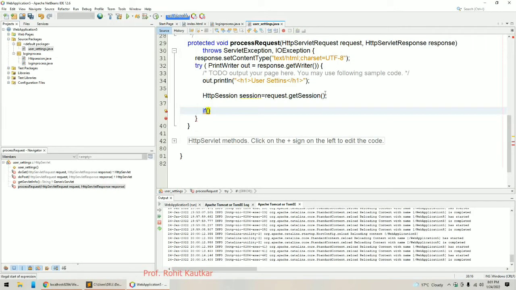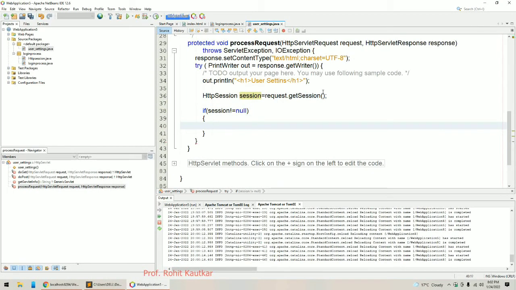If it is null, we will not access anything, but if it is not null, meaning the session is created, we will try to get the attribute value. So here I will write session is not equal to null,